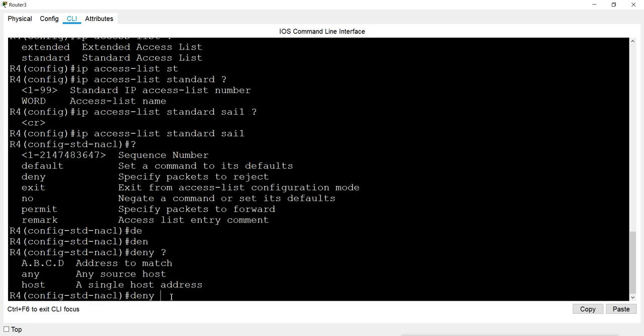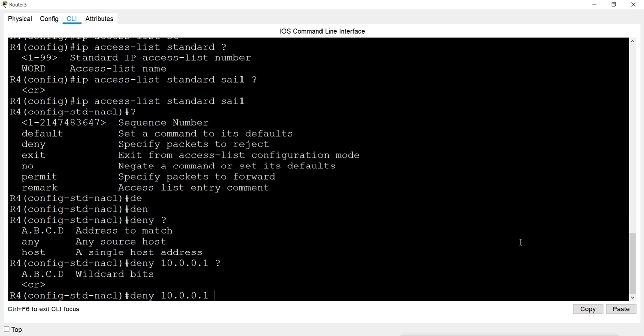Let's say for example I want to deny the 10.1, so I can give this IP like this, 10.1. When I give a question mark here, it says give me the wildcard, but I can still press enter because it will work if I don't give the wildcard mask.